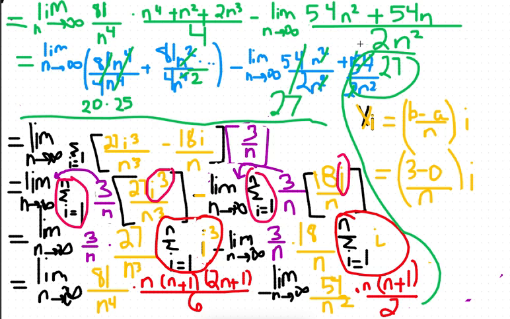So when you actually compute the limits, I'm just going to put my final step in red. So I'm just going to put the final answer here. So when you find the limit as n approaches infinity here, remember everything else will cancel except 81 over 4. So you'll have this minus this 27. Okay, so that should be negative